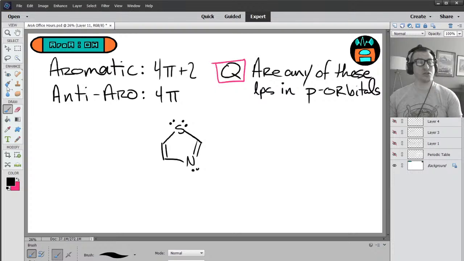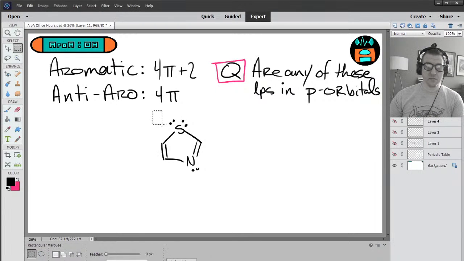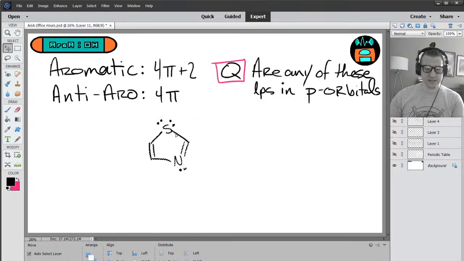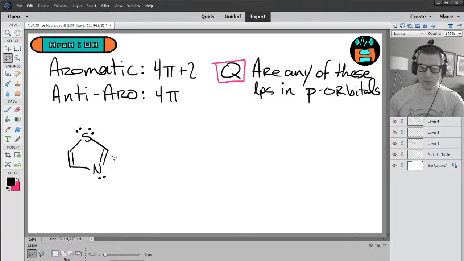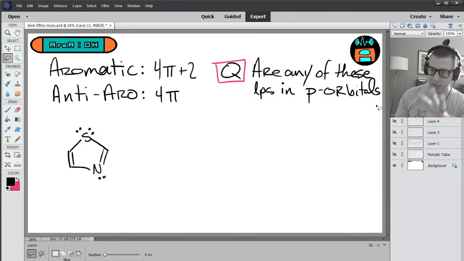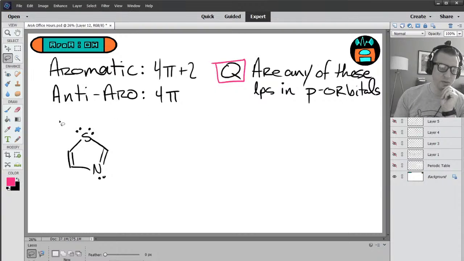Nathaniel, that is correct. Because here's the thing. When you look at both of these atoms, right? Because this is the real question: are any of these lone pairs in p orbitals? One way to look at this problem is you could take a hybridization approach. This nitrogen